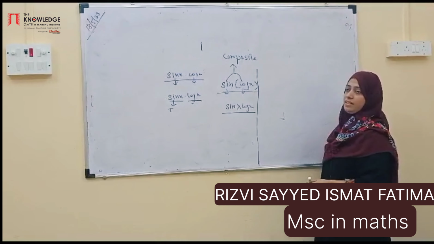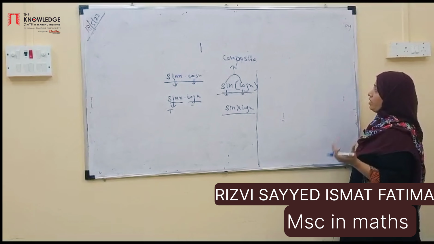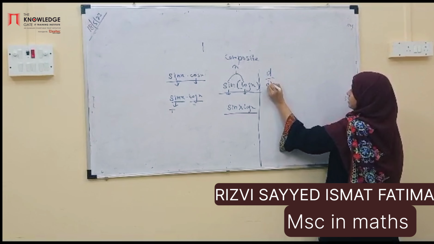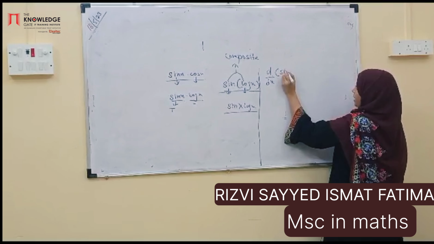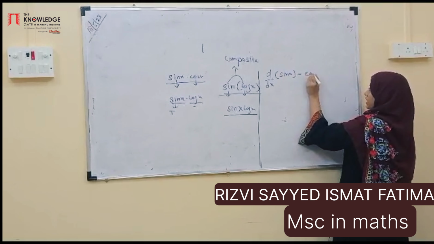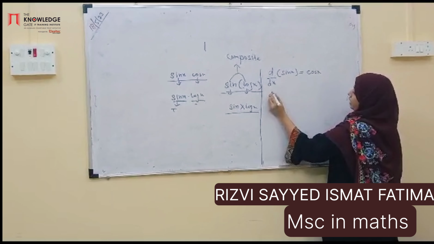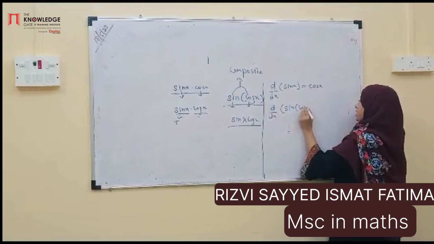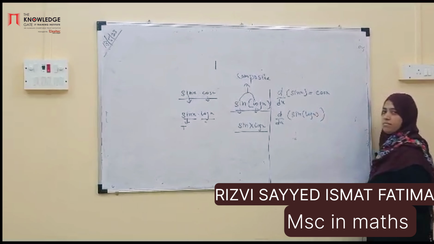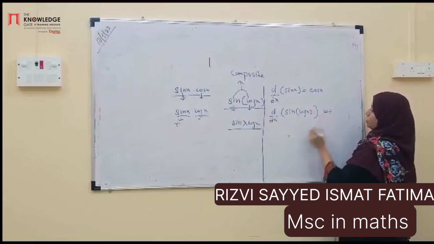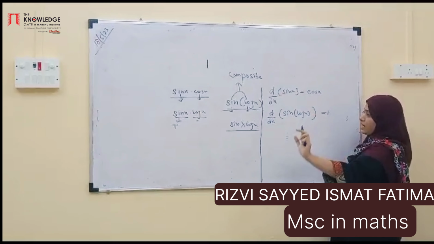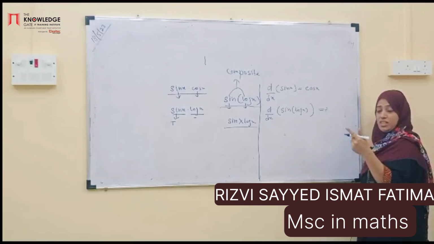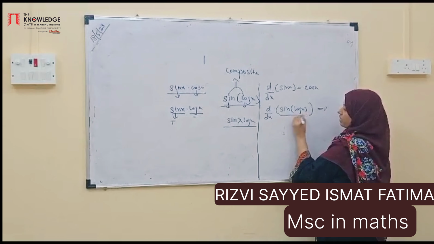You had already done trigonometric derivatives of functions in the 11th standard. That we know, some derivatives are like this. d by dx of sin x is cos x. But if I ask what is d by dx of sin log x? For that we should know about the composite. Just now I explained composite means functions depend on each other. So how do we take the derivative of this?